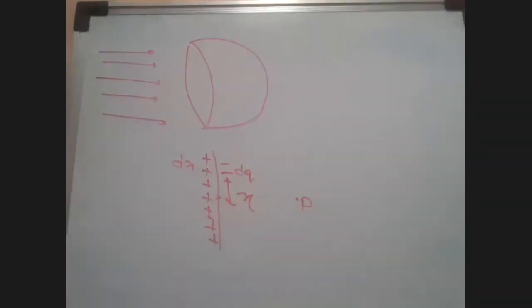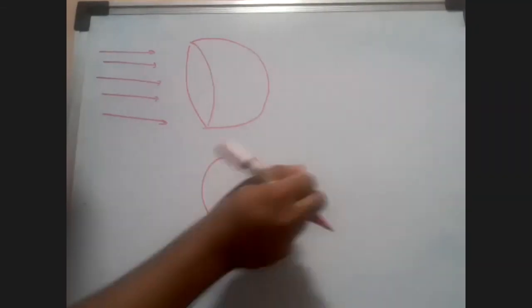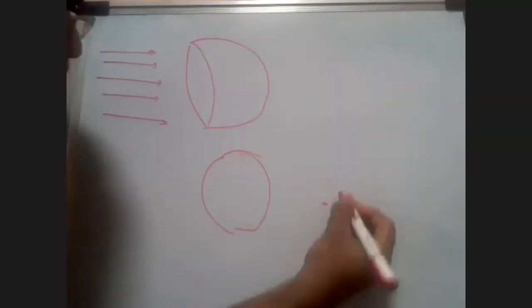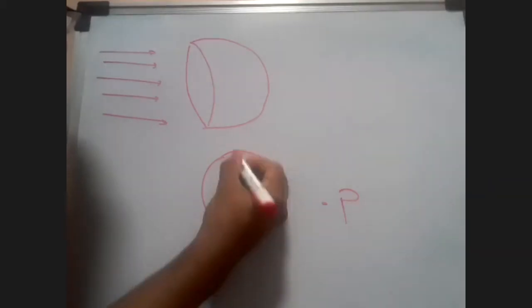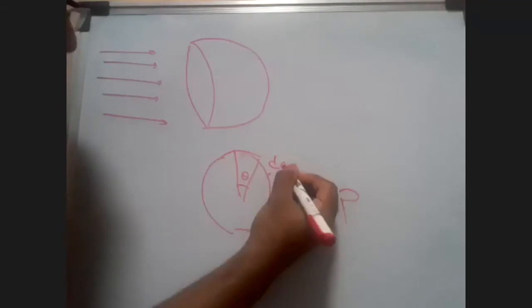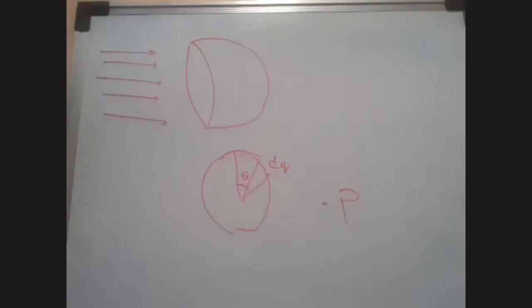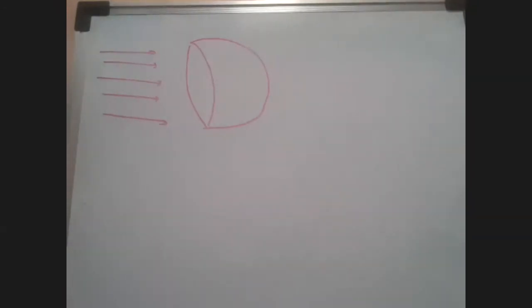But when it comes to circular, you are going to take it in terms of what? If it comes to circular, and you're going to find a point P over here, you're going to take things in terms of angles, theta, and at some certain distance dq, dx, you're going to get dq, which is at an angle of d theta. Always remember that. So in a linear situation, you're going to take x dx as an element, and in terms of hemisphere, what are you going to take?